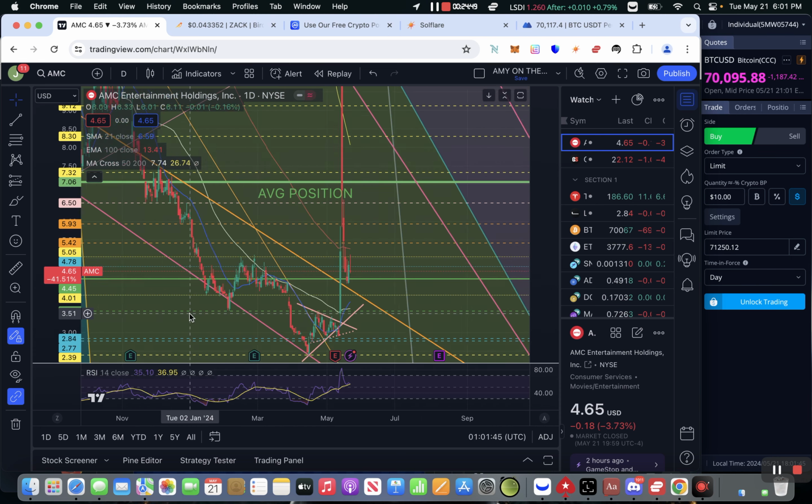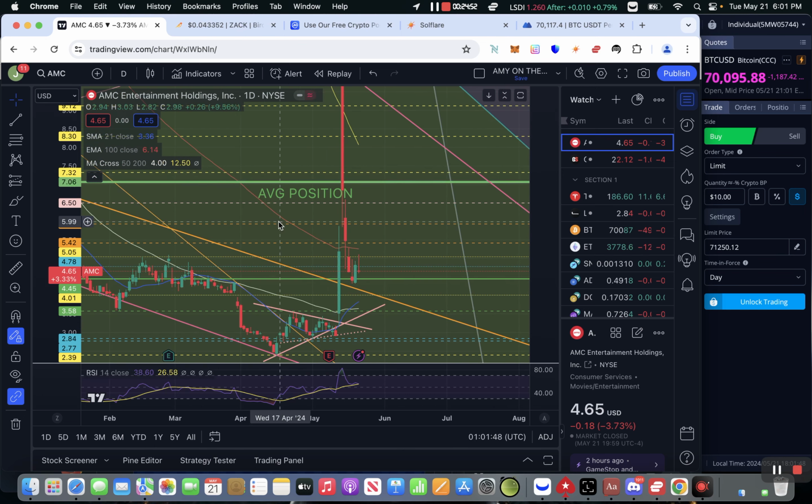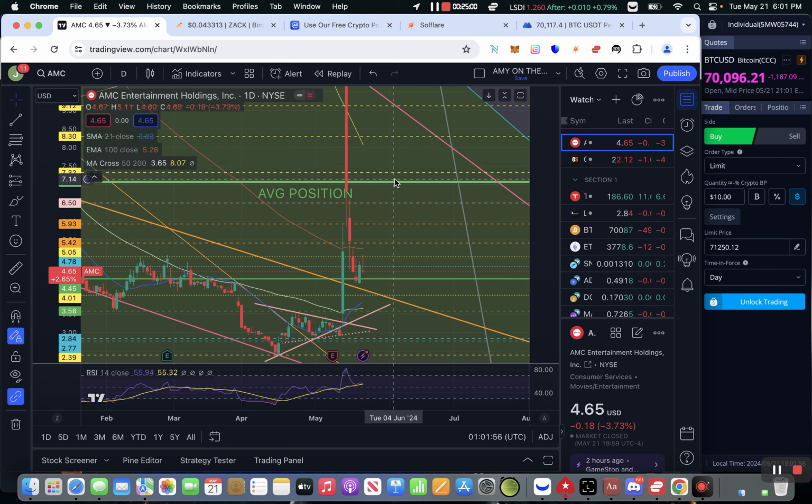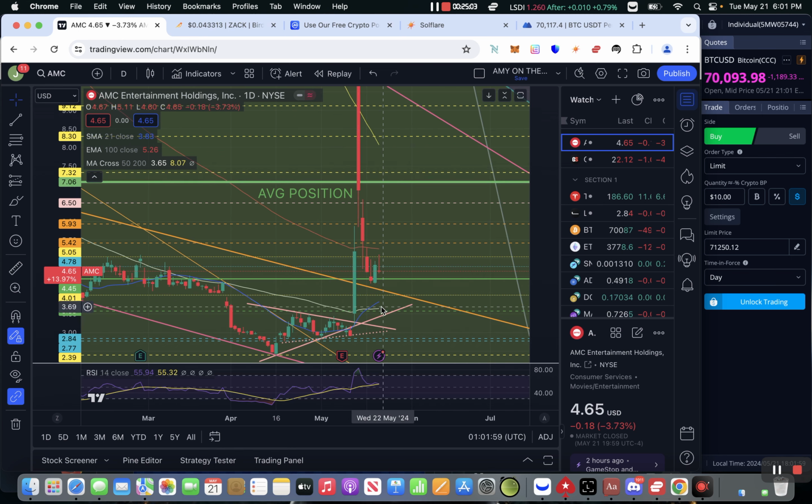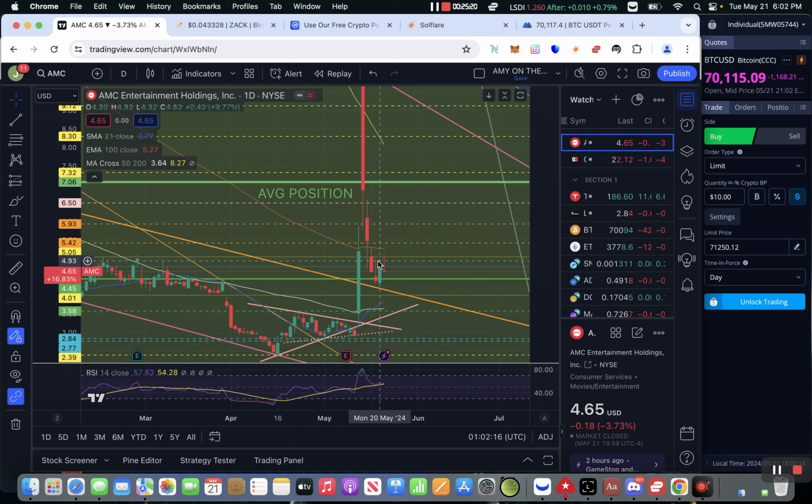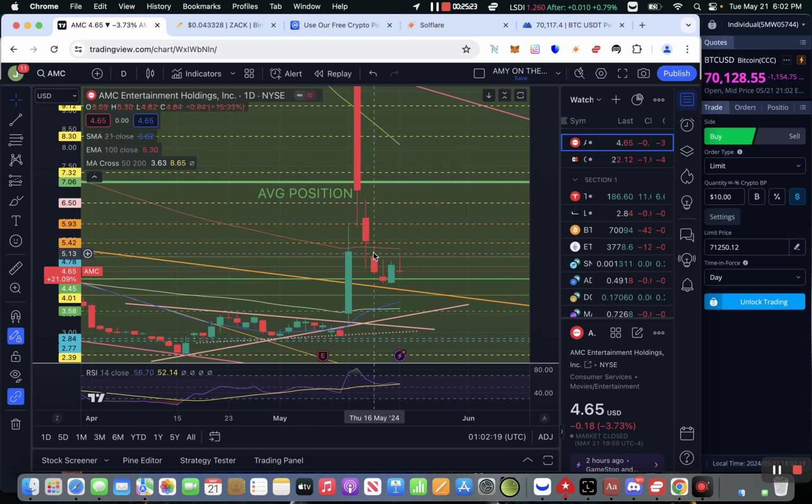So, I'll show you a couple of things before I end this video. Some MAs, EMAs, on the daily. I have the SMA 2021 already crossed over the 50, so it's a good thing on a daily. Now we have to get over the 100 EMA, which is 526. That's some type of resistance right now because if you can see, we got rejected. We went down. Nice daily candle, and we're starting to make that move.